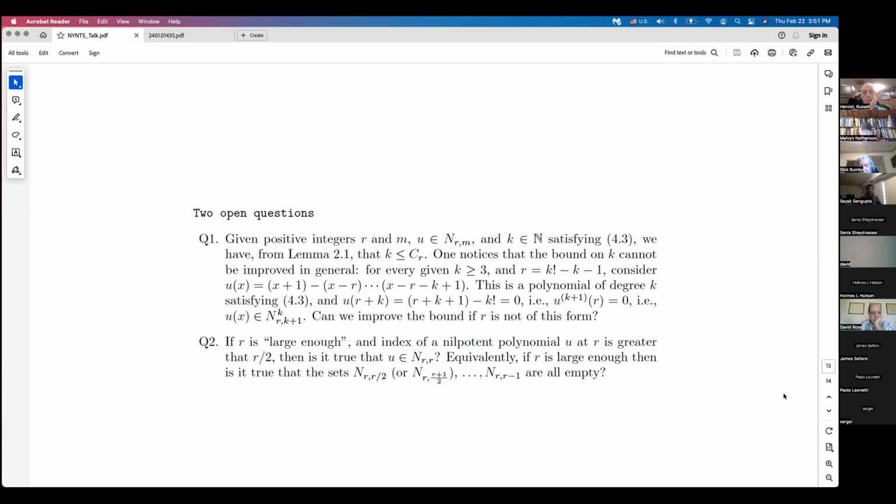I have a couple of little questions. Just to make sure I understand the whole process, you have some number R that you're starting with, and you have a polynomial U, and you look at the trajectory of R under U. So you take R, U of R, U of U of R, and so on. And your polynomial is nilpotent if at some point you hit 0. Yes, but not at the starting. No, no, yes. So where did this kind of question arise? Where does this come from?